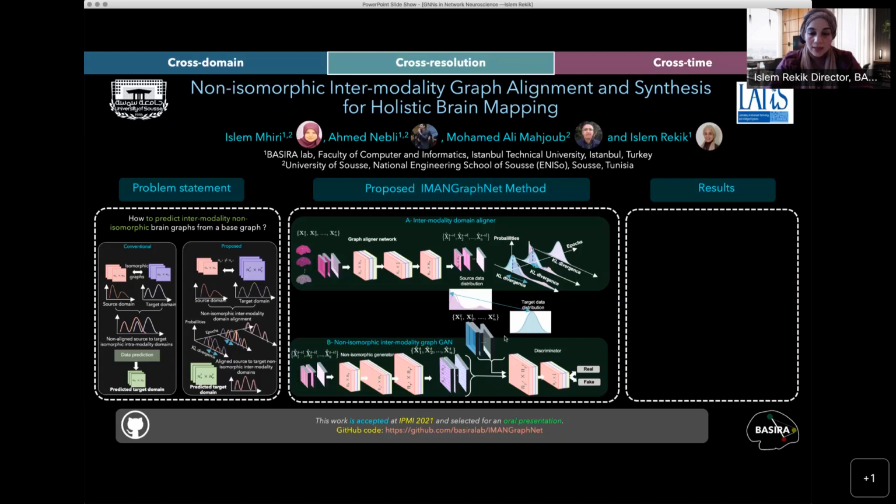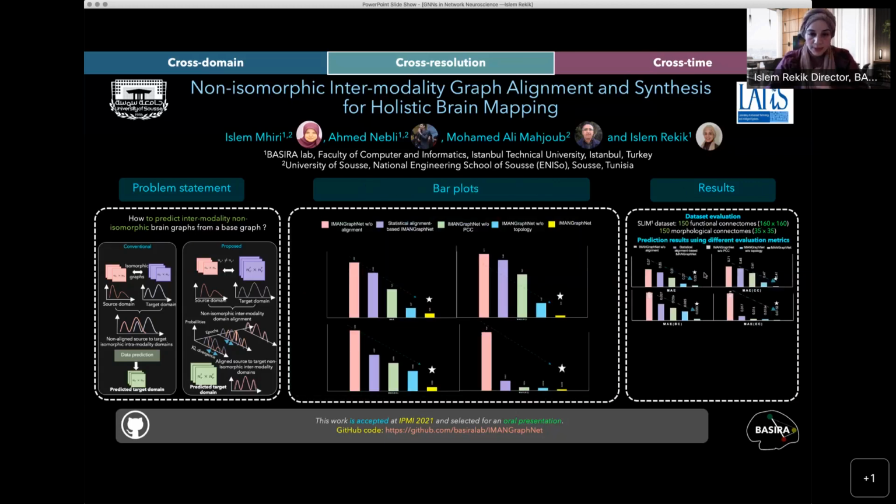Basically, we take the aligned networks, source to target, and then we learn, using simple linear algebra operations that we introduce through the network, how to change the resolution of these graphs towards the high resolution that we aim for, which is NR prime by NR prime. That's how we get our X1 T target hat, which is the predicted super-resolved brain graph in the target domain. This block is regularized by a discriminator network that discriminates between the predicted target super-resolved graphs and the ground truth one at high resolution. We always have the ground truth data. Using this IMANGraphNet, we evaluated it on the SLIM dataset. We had 150 morphological connectomes at resolution 35 by 35, looking at the cortical regions only, and whole brain functional connectomes at resolution 160 by 160.